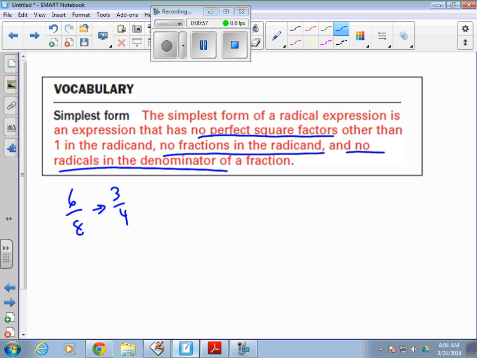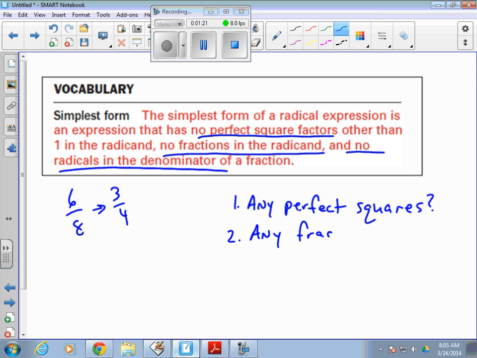So you ask yourself 3 questions. One of the questions: are there any perfect squares? You have to ask yourself these 3 questions every single time that you do radical problems. Number 1: any perfect squares or any perfect square factors? Number 2: any